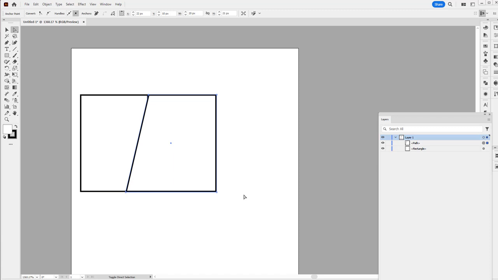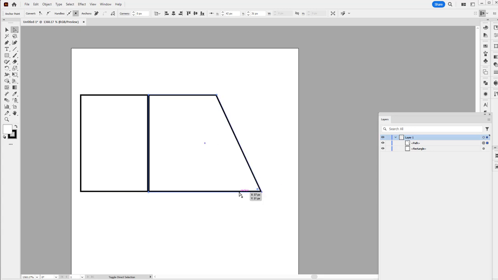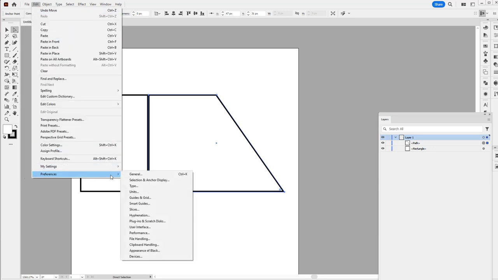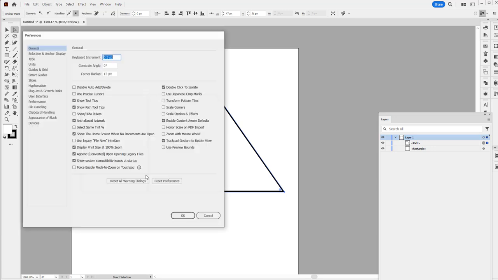For example, you do like that, you need to change the distance. To do that, just go to object and then edit, then preference. You can go to general. Then in this one, keyboard increment, you can adjust this to 1.